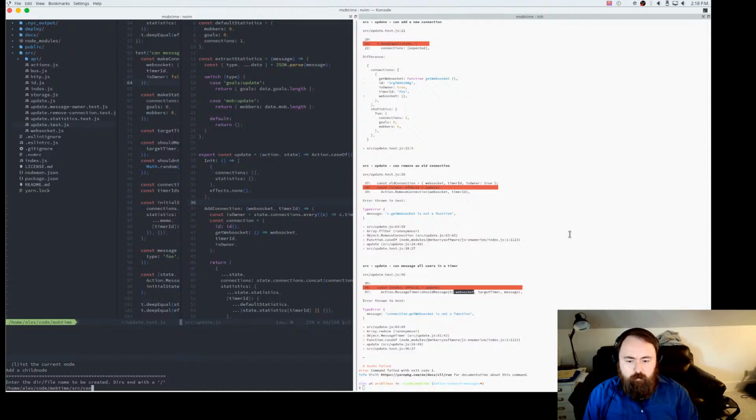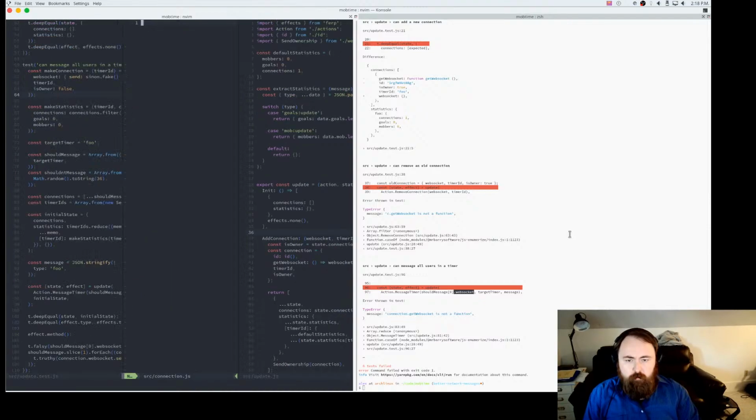So let's call this connection.js. To make a connection, we need this information. So we're going to do export const makeConnection. We're going to pass in a WebSocket, which is the primary thing that we know about.